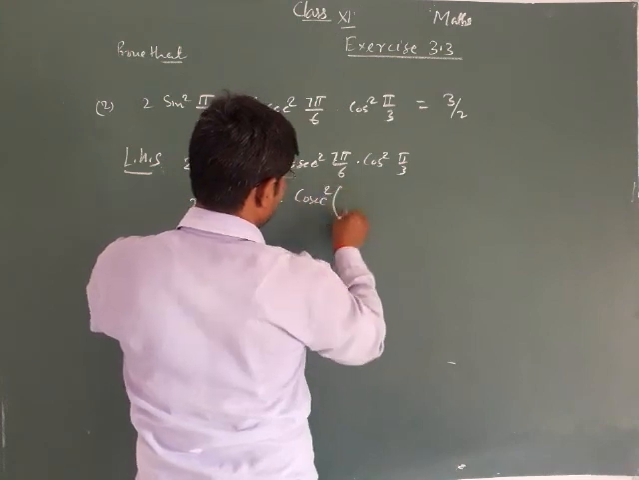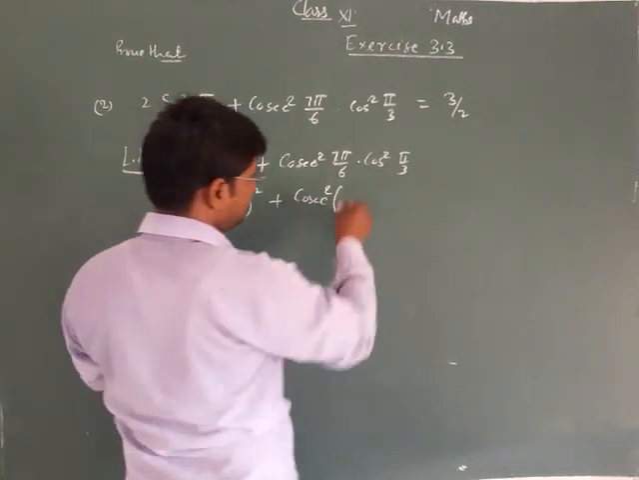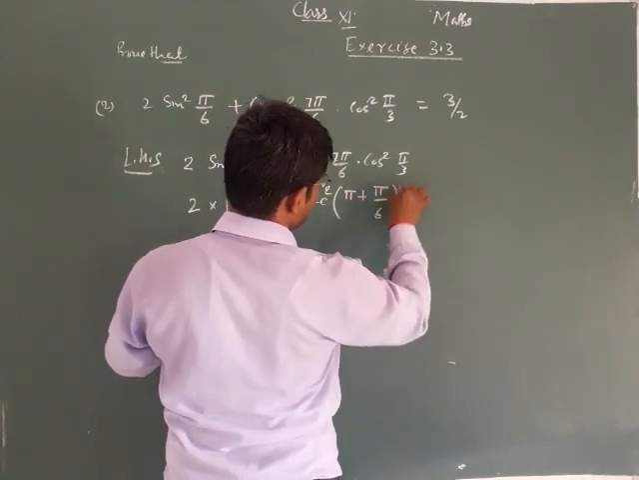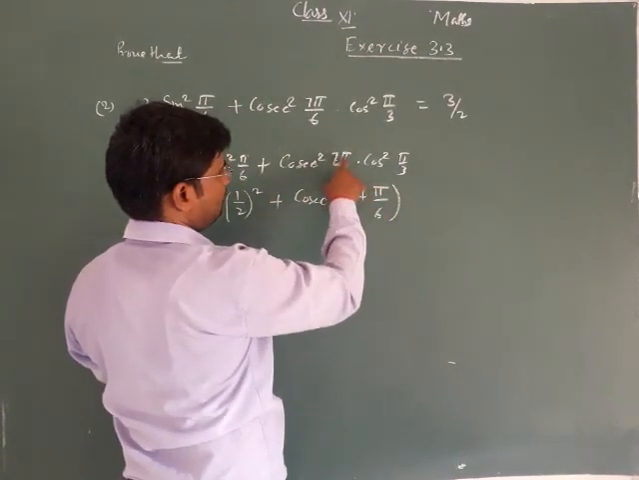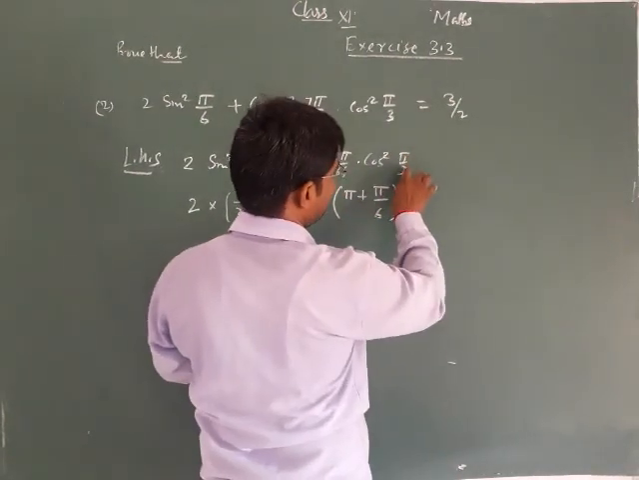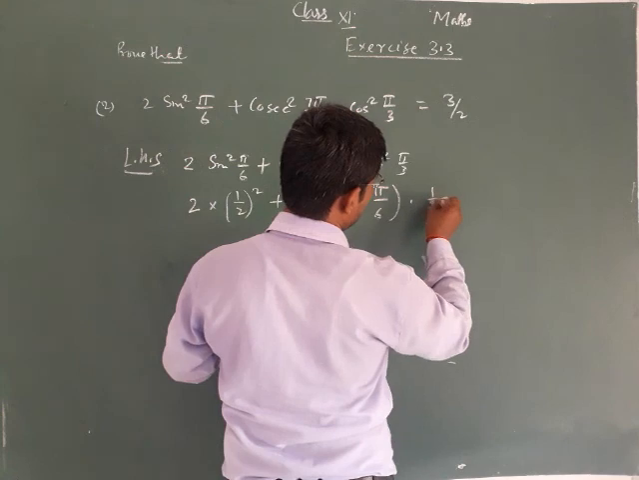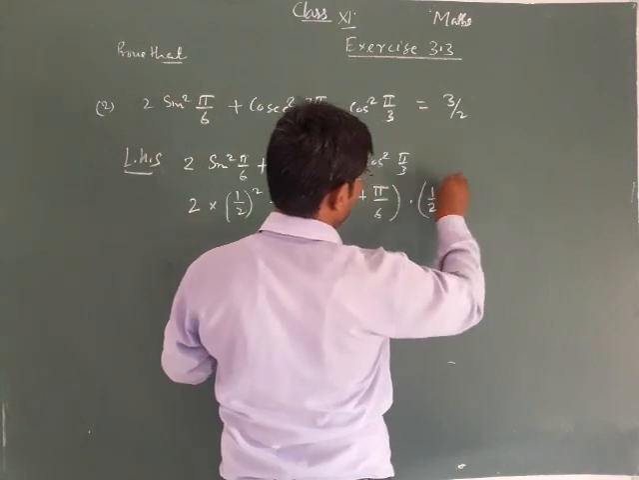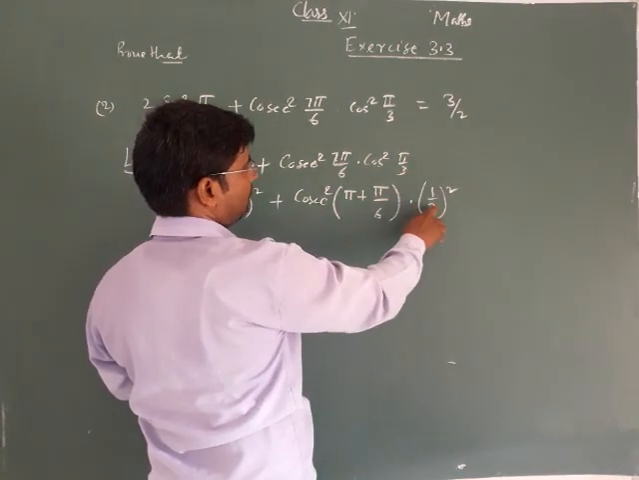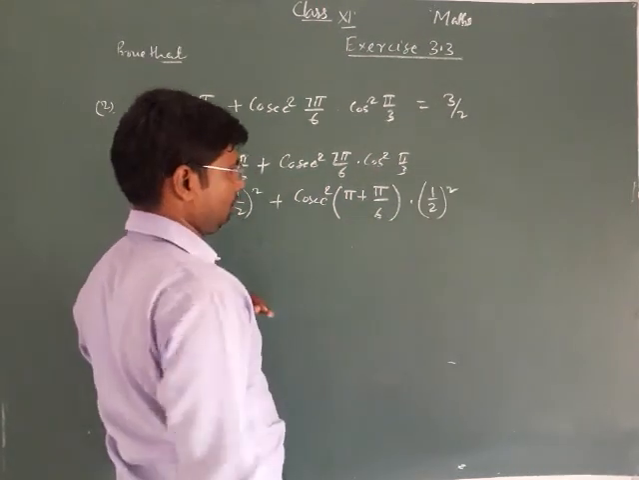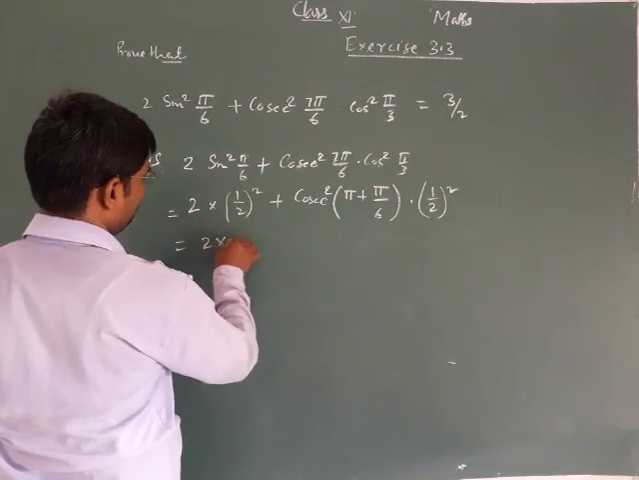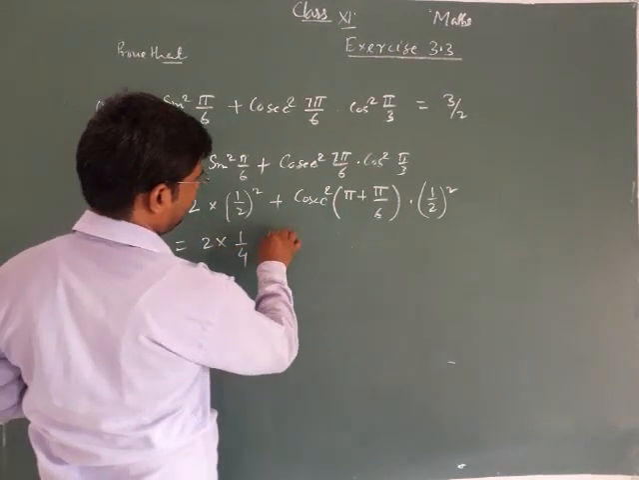Also cosec square 7 pi by 6. Now break this up as pi plus pi by 6. And cos square pi by 3 is cos 60 degrees, so 1 by 2 squared. So cos pi by 3 means 1 by 2, and this is squared. So now 2 into 1 by 4, and plus